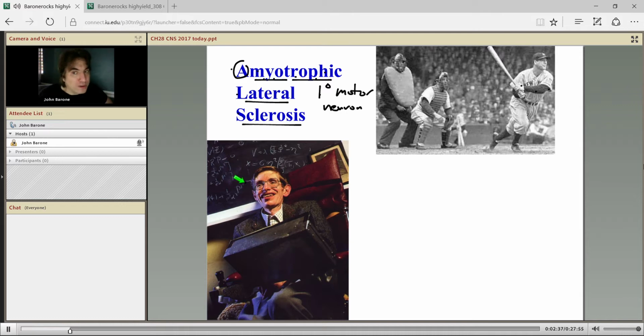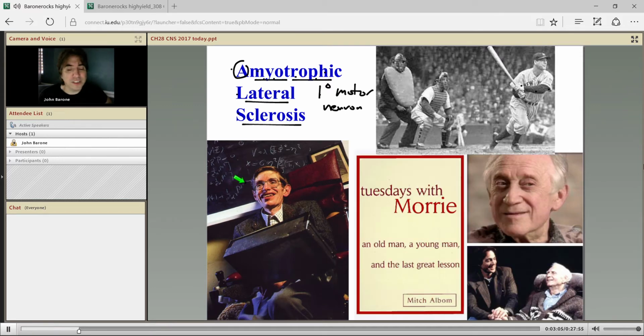Now, I don't think that he really has Lou Gehrig's. I think he has something that's very similar. But with Lou Gehrig's disease, patients usually live between 1 and 5 years. After 5 years, almost everyone's dead. He's had it for almost 15 years now. So I think he's got something similar. His motor neurons are clearly dying, but maybe it's just a milder variant, because most people with this disease are dead relatively quickly. 5 years is usually the longest you see here.